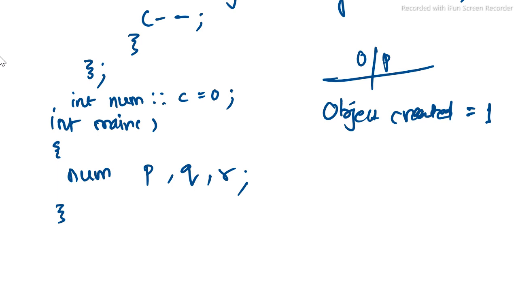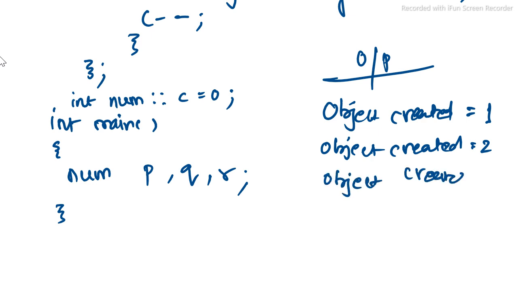Similarly, when Q is declared, c is incremented to 2 and it displays object created equal to 2. Similarly, for the third object R it displays object created 3. So we can see that for three objects, three constructors are invoked automatically, and the static variable is incremented every time, keeping the same copy.